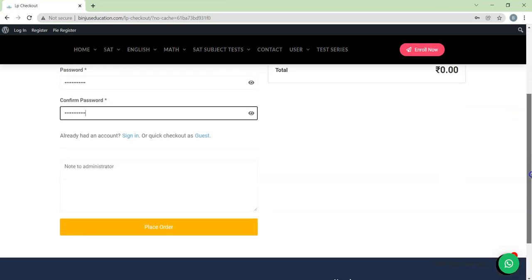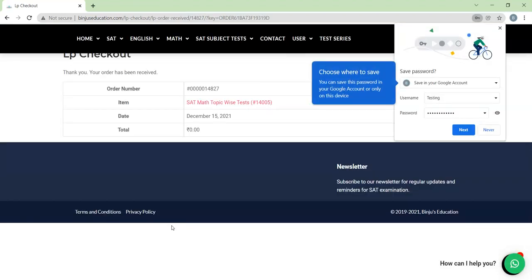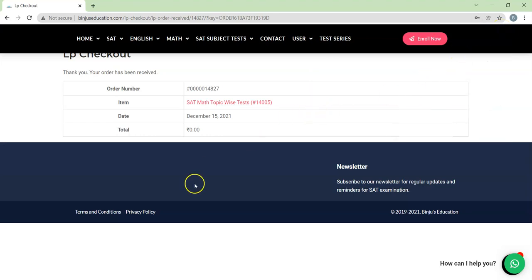If you want to give any note to me, the administrator, then simply place the order. It's going to process it and that's it. If your browser gives you the option, you can save the password, and your order is done.